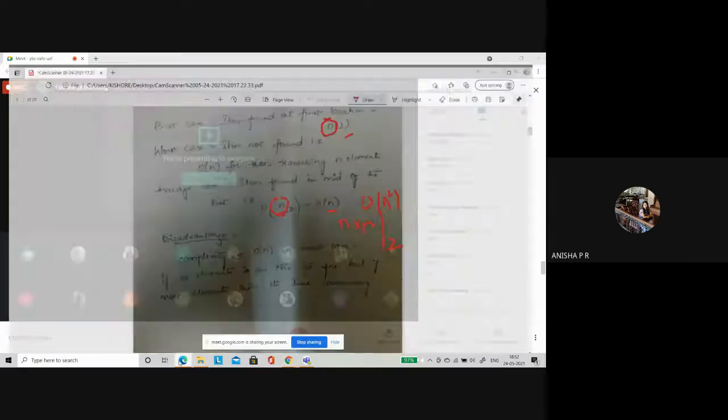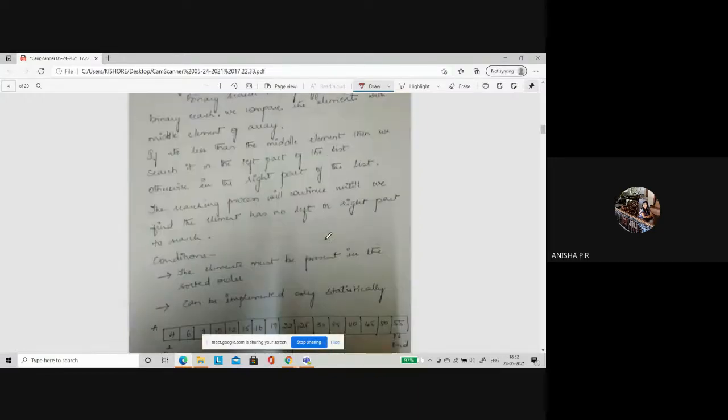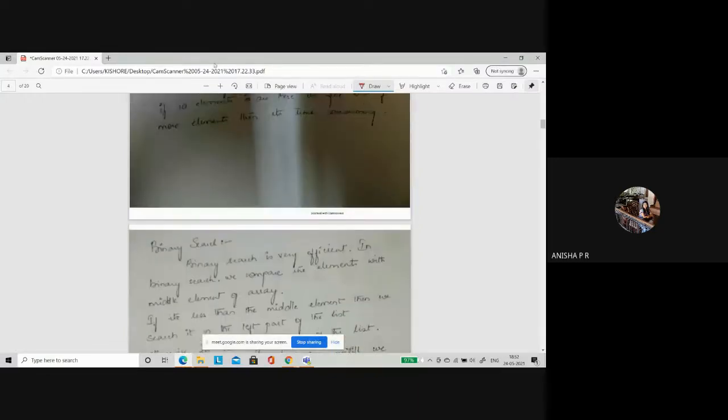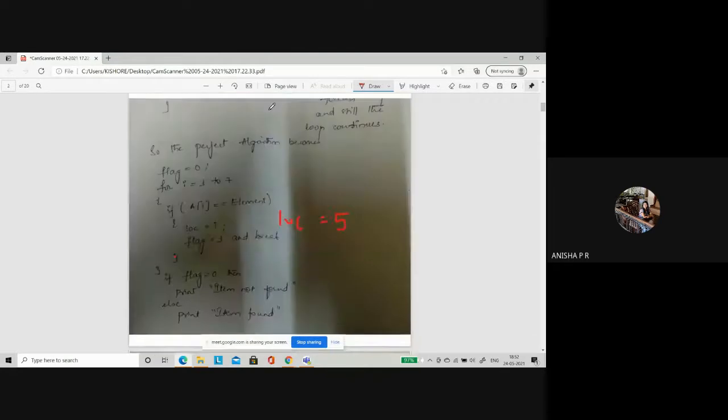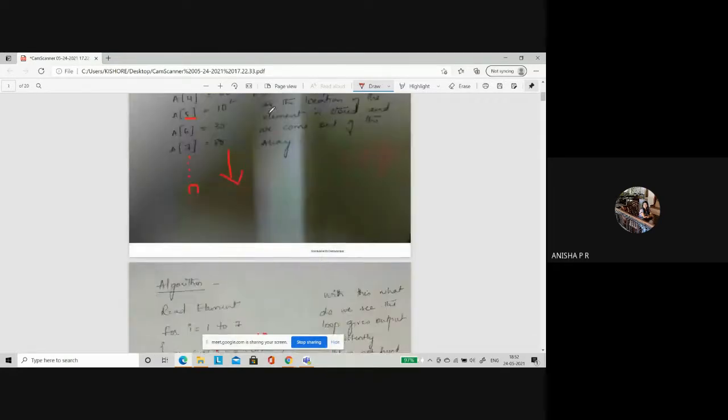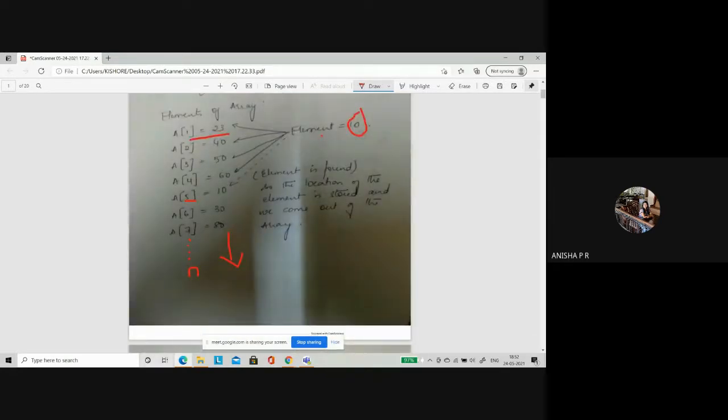Anyways, I'll continue. Now let us go to binary search. Now, what was the problem with linear search? For now, when there were 7 elements, we were able to search. What in case these elements keep on increasing? There are 1000 elements here or 100 elements. Let me assume that there are 100 elements. For 100 elements, the time complexity is very high. Understanding it or not? Why am I saying the time complexity is high?